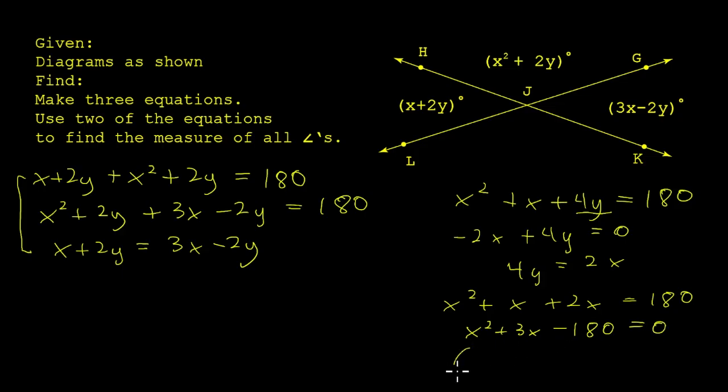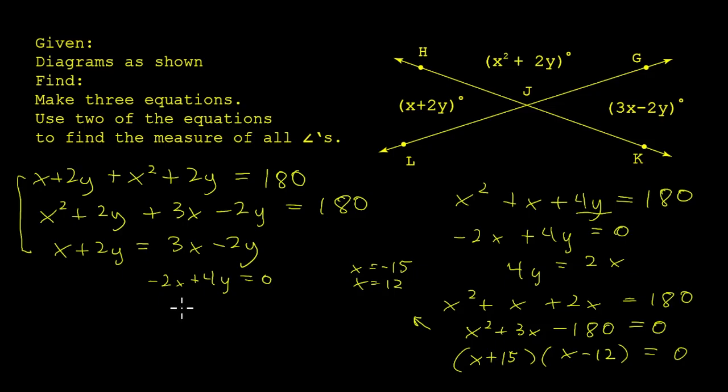So now we're going to factor it if we can. We need two factors of 180 that subtract because this is negative, 2, 3. And that is going to be 12 and 15. So x plus 15 and x minus 12. So here we go. x equals negative 15, x equals 12. So taking this one again, collecting like terms on the left side, negative 2x plus 4y equals